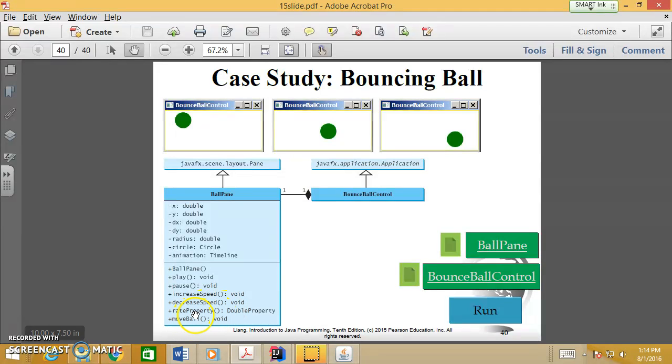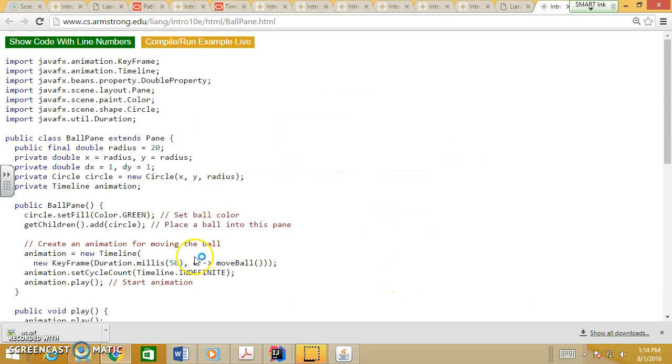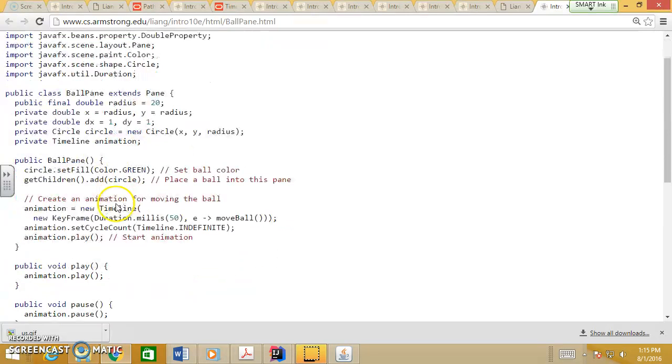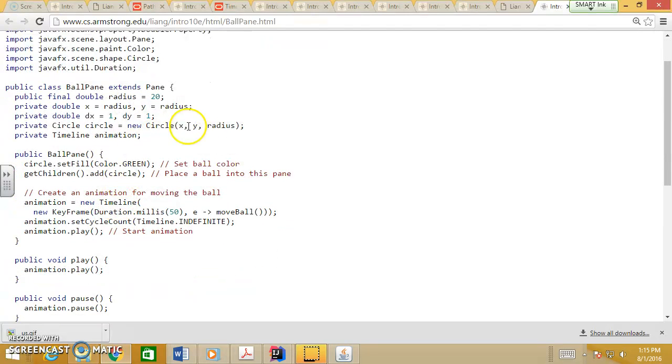You can set the speed of the ball bouncing, rate property, and move ball. And BounceBallControl pretty much just uses the BallPane, and you can look at the code inside here. So BallPane extends Pane, which has a radius x and y, and circle, create a circle, to you